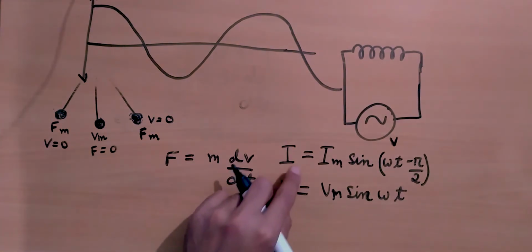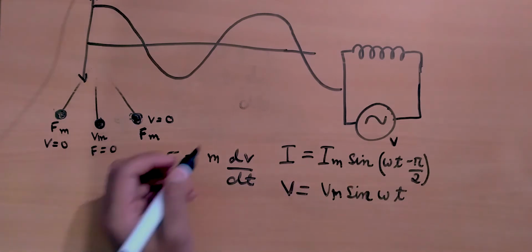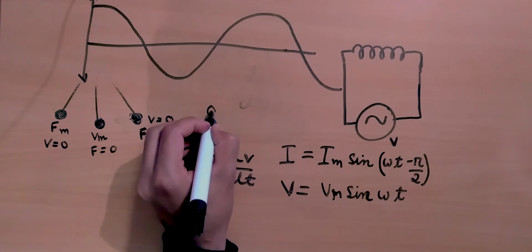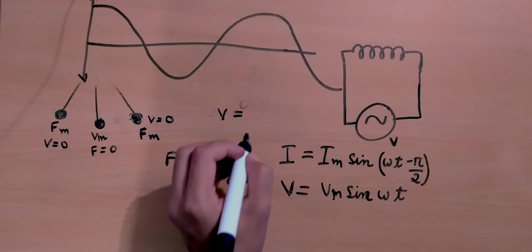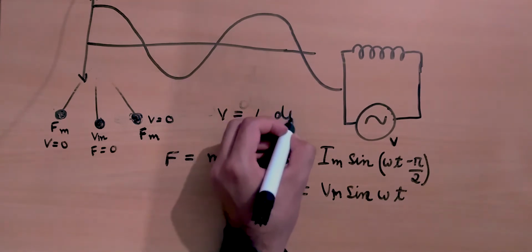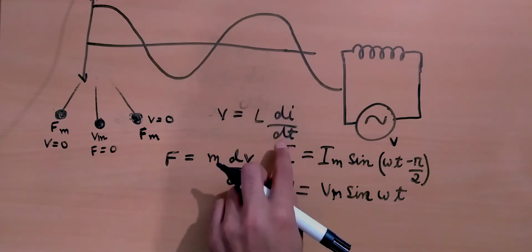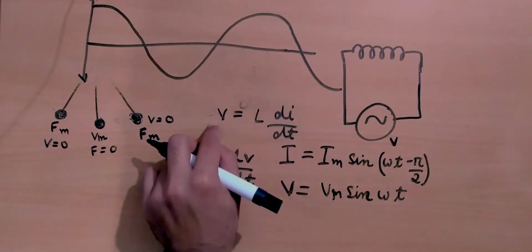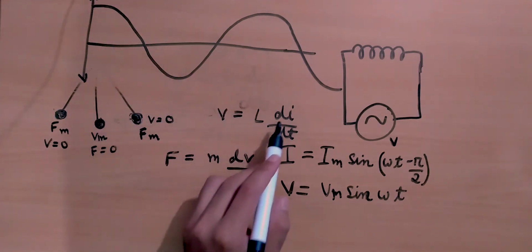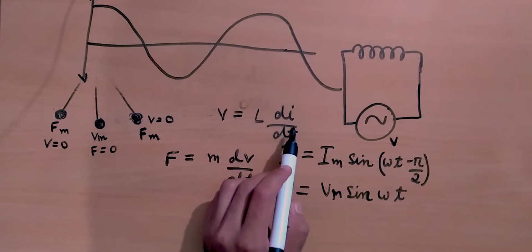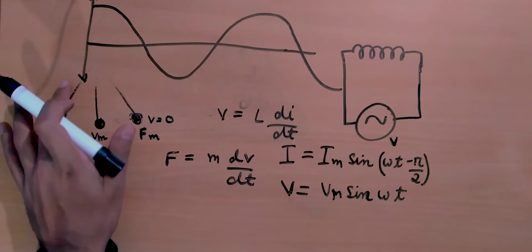Now if I try to plot the current here, let me use this equation here: the source voltage equals L times di by dt. And the important part to notice here is that rate of change of current is voltage. Very sorry. Voltage is the rate of change of current, right? And so if I begin to plot that here,